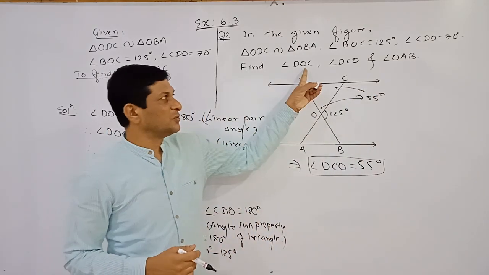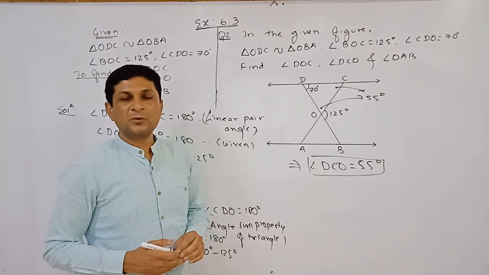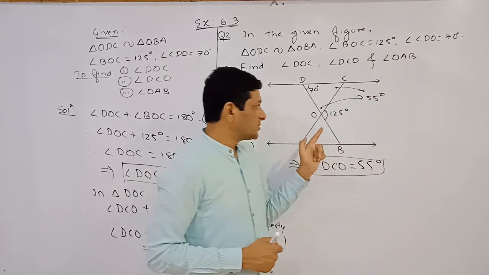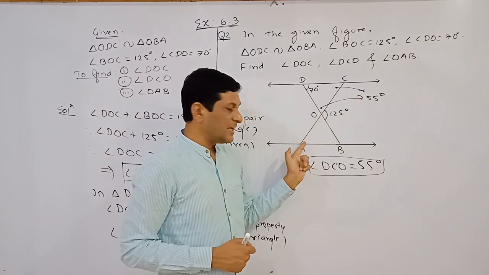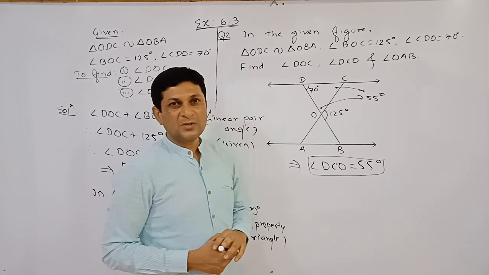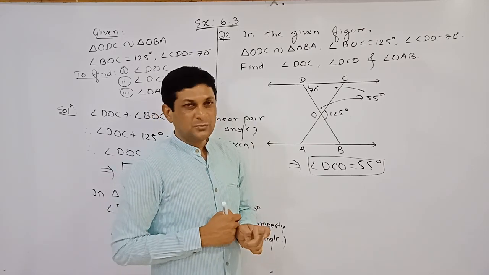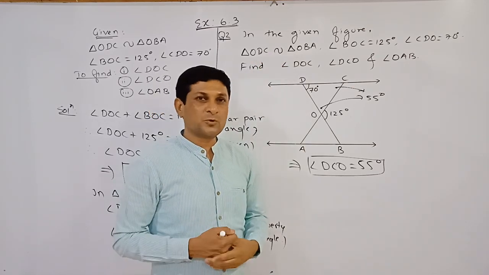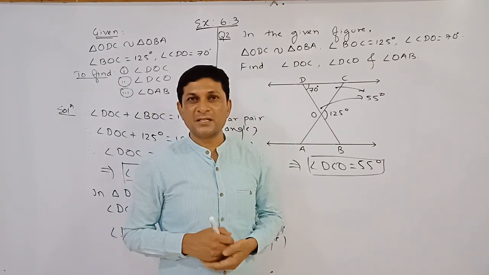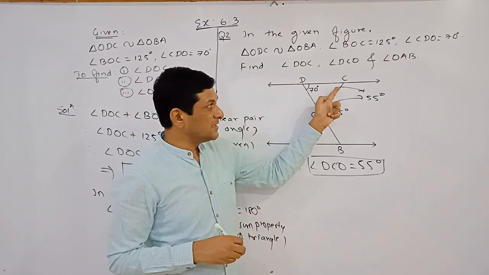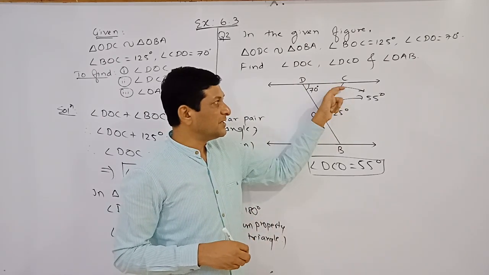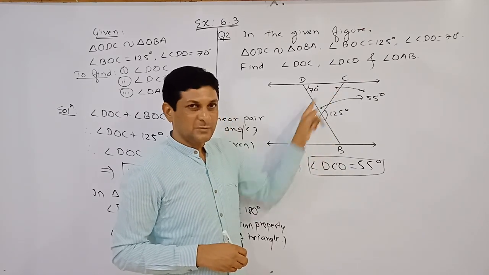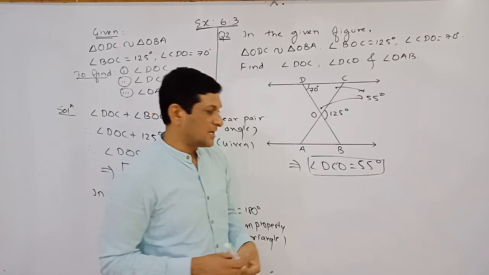Now two required values are known to us. Now we are trying to find the third required value, angle OAB. Our aim is to find this angle A. To find it, we use the first given condition that these two triangles are similar. And we know that if two triangles are similar, their corresponding angles are equal. Already this angle DCO is known to us, and its corresponding angle is AOD.